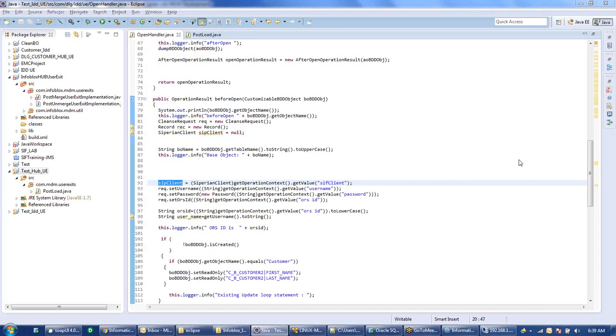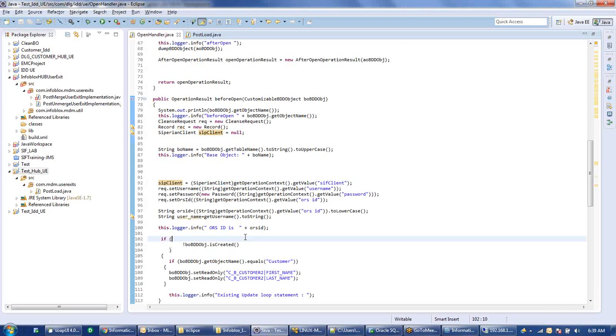At that time, we had specifically used a property file where we specified the ORS details. But in this case, when you are using a user exit, you don't need those things because it automatically takes them from the environment. So from whichever environment or whichever ORS we put this and try to run it, it will take the connection details and parameters from that particular ORS and try to execute it.